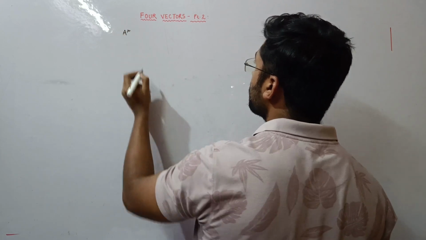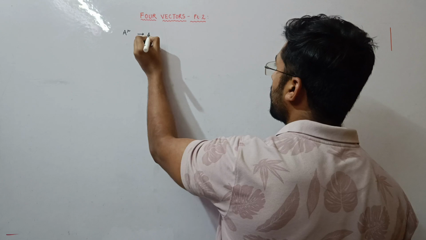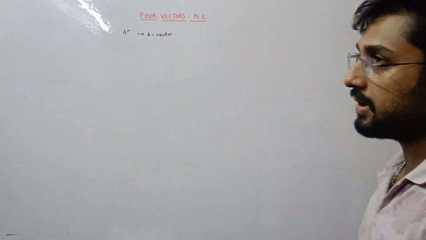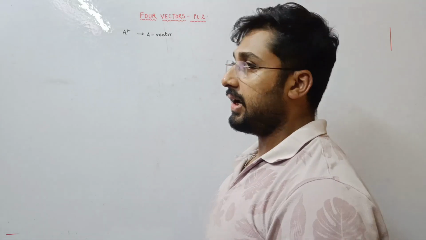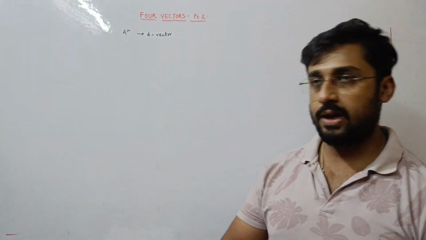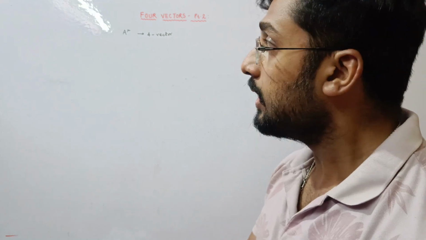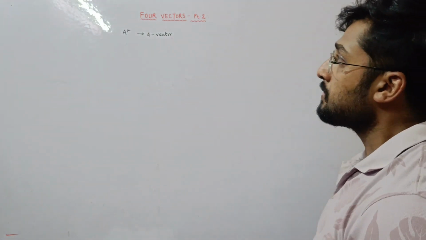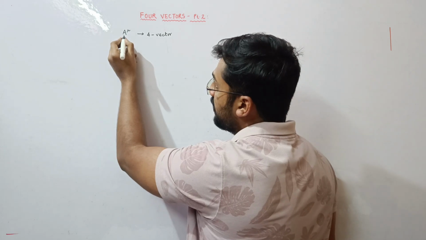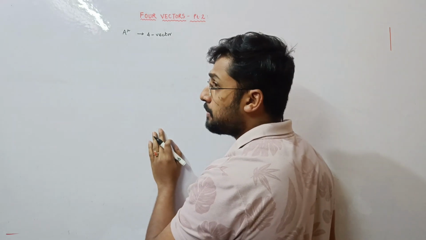Suppose A mu stands for a 4 vector. Now this can represent any physical quantity. It can be velocity, acceleration, force or momentum, and many more. Or it can even be, let's suppose, a charge density. Now I said in the previous video that for a particular quantity to be a 4 vector, it must obey